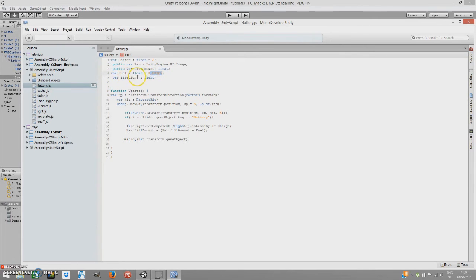Variable fuel is how much we'll add to our bar length, and variable far light is our flashlight spotlight. It's our spotlight object. So in the function update, we are declaring a new variable up, which is